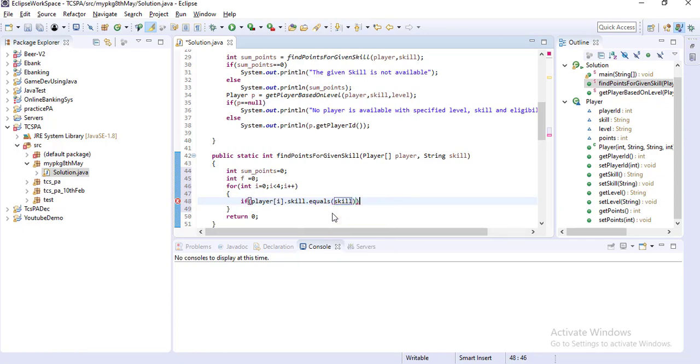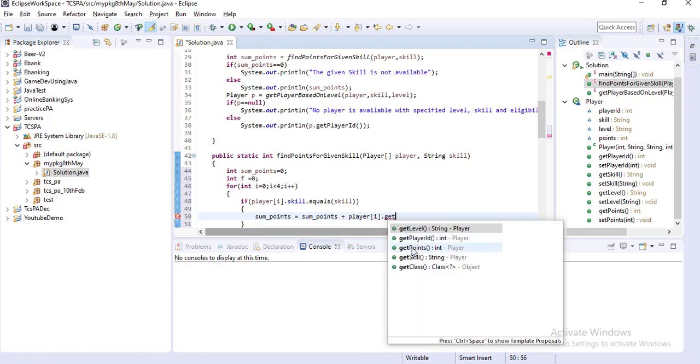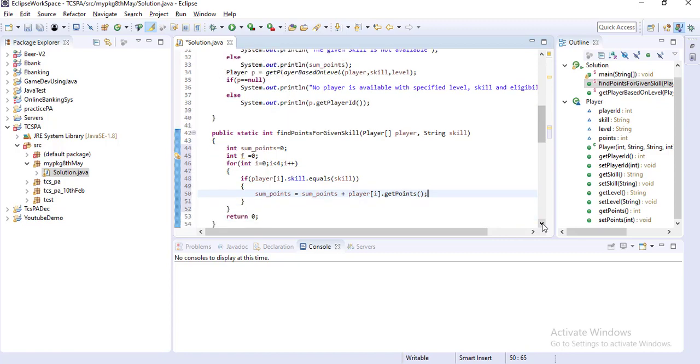If it matches, then I will do sum_points equal to sum_points plus player[i].getPoints, sorry, not score, getPoints. I will call this method and add it to the sum points.